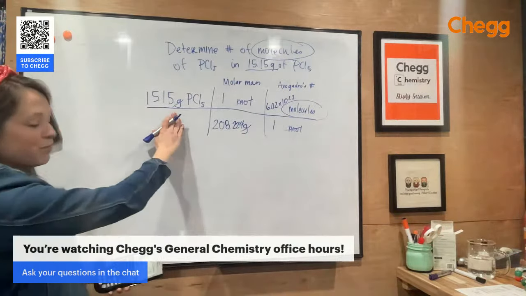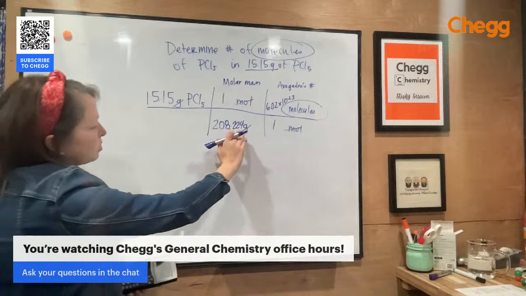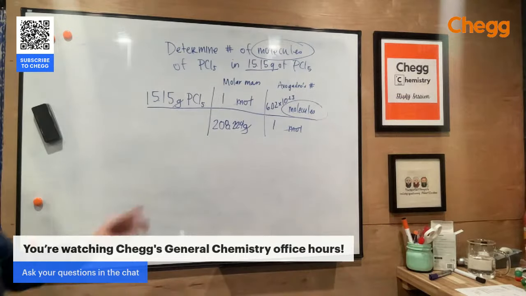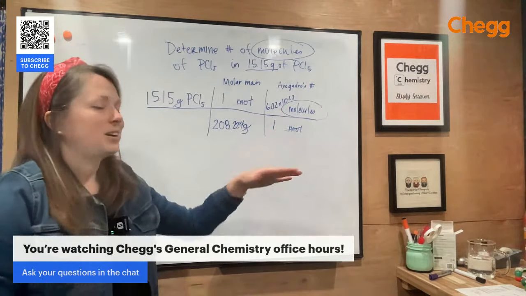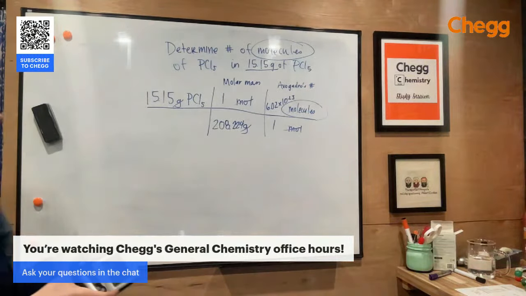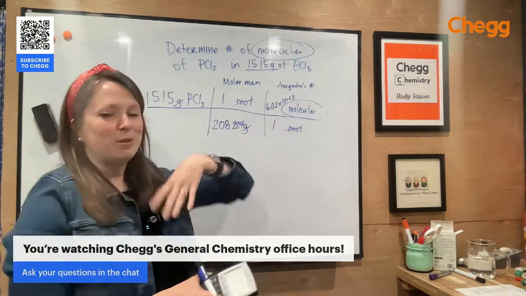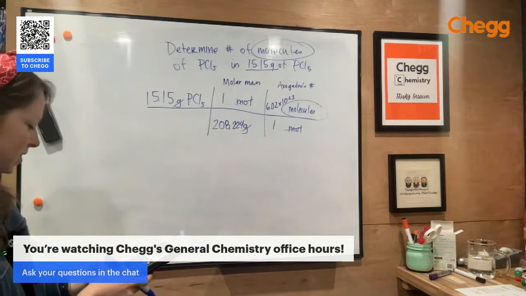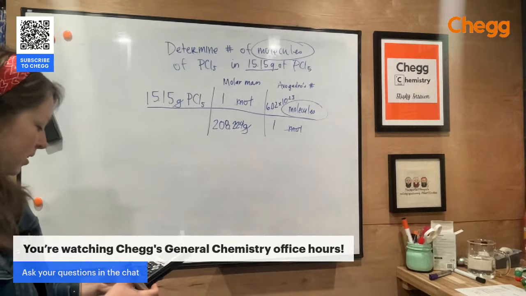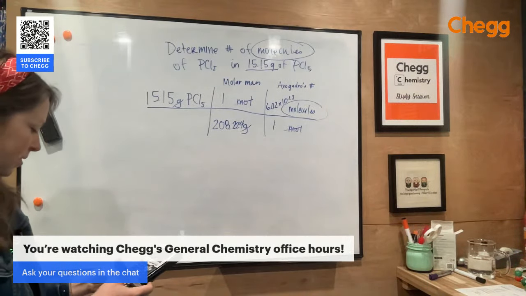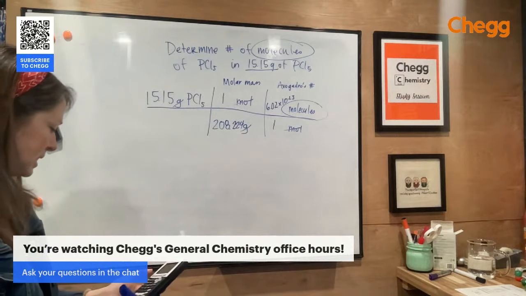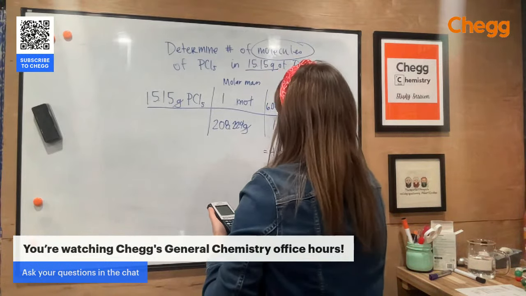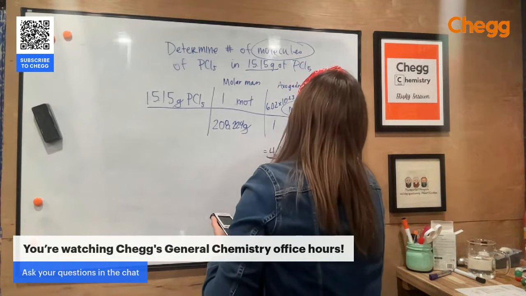You take 15.15, you divide by 208.224, you take your answer, then you multiply by 6.02 times 10 to the 23rd. Be careful. If this number is in your denominator, make sure to use parentheses. Otherwise, your calculator is going to divide by 6.02 and then multiply the whole thing by 10 to the 23rd. So take your time to put in those parentheses. All right, so we get 4.38 times 10 to the 22nd molecules